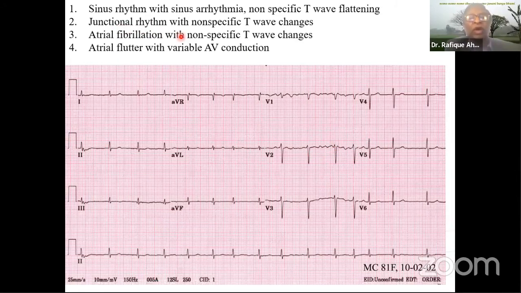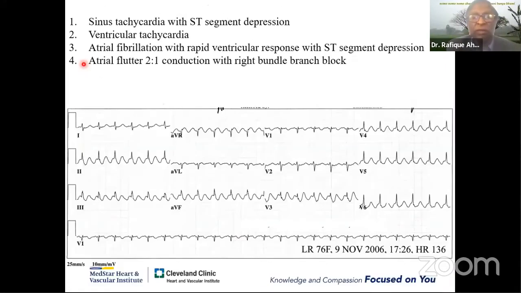Second, the question of junctional rhythm. If it were a junctional rhythm, it would be regular and without a P wave and without fibrillation. And it's not flutter, even though in lead V2 it looks a little coarse. But if you look at the lead before, there is no such wave. So this is not atrial flutter. So this is atrial fibrillation with nonspecific Q wave changes with controlled ventricular response. So these are the commonest ECGs that we see in clinical practice. That's why I thought I'd give these ECGs. We have two more and then we'll be done.